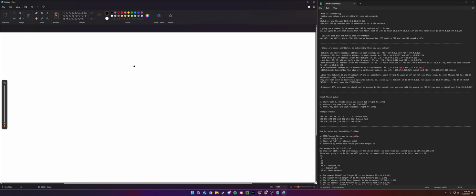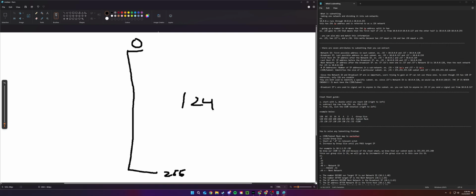Basically, in your subnet, you have 0 through 255. Okay, so if you are on a /24 subnet, then you would use all of these. Okay, now if you are on a